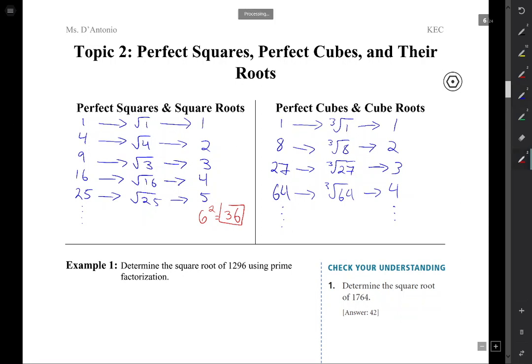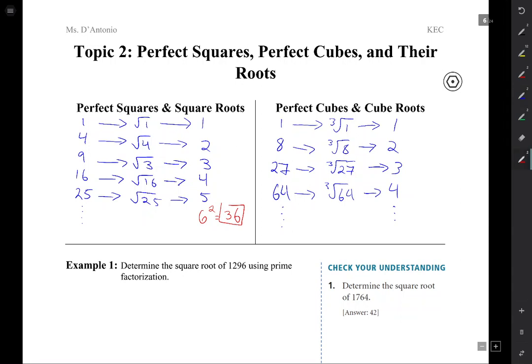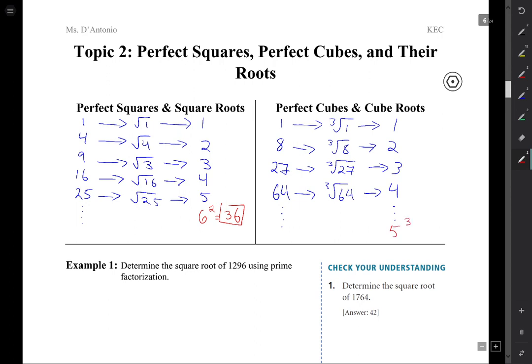Now we can also work backwards and start at the cube roots. So for instance, if we took 5 and we cubed it, we put it to the power of 3. That would equal 5 times 5 times 5 and would give us 125. And therefore 125 is a perfect cube, because if we took the cube root of it, we would get 5,